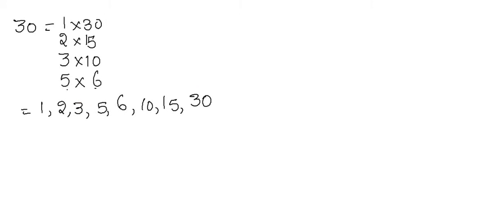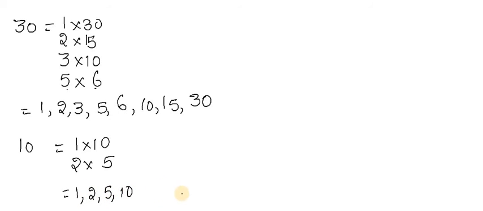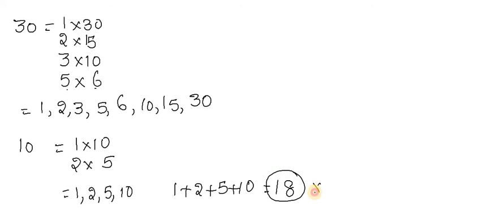Okay, we will try to find the factors of 10, and we will find whether it is going to be a perfect number or not. For 10 it will come in the one table. Just now we discussed that 1 is going to become a factor of each and every number. Other than 2 and 5 you will not get any other factor. So the factors are 1, 2, 5 and 10. Now we will add this: 1 plus 2 plus 5 plus 10. 1 plus 2 is 3, 3 plus 5 is 8, 8 plus 10 is 18. But twice 10 is not 18, so that is the reason 10 is not a perfect number.